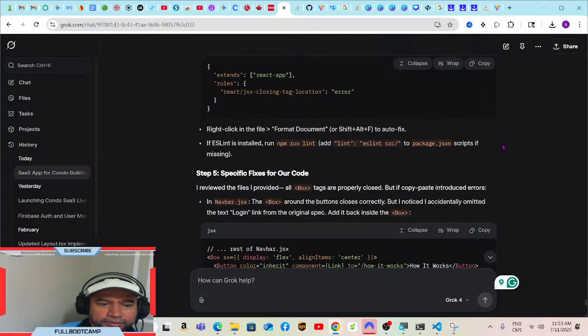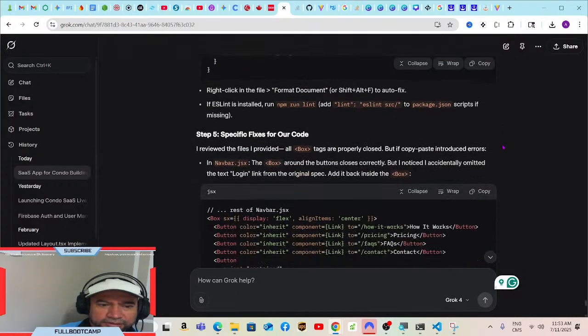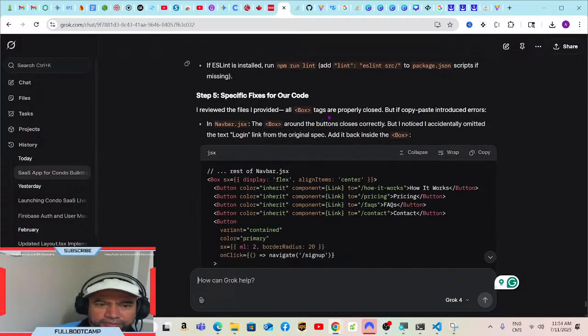Oh my god, I thought it was gonna be an easy fix. Specific fixes for our required review. The files are provided, all box tags are probably closed, copy paste introduced errors. Where in the box, around the box, but down is I accidentally omitted the text login. Okay,